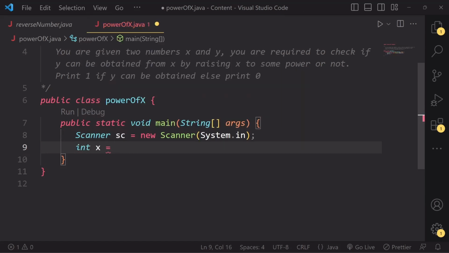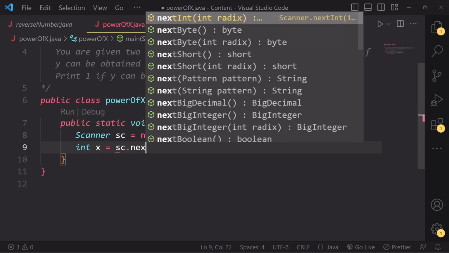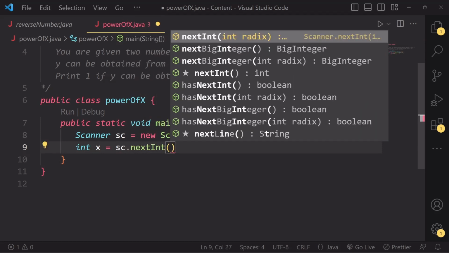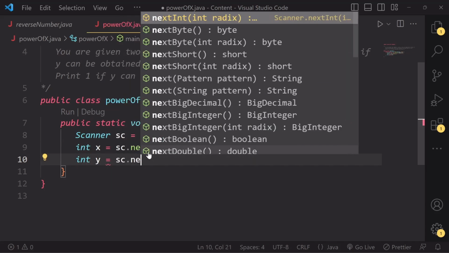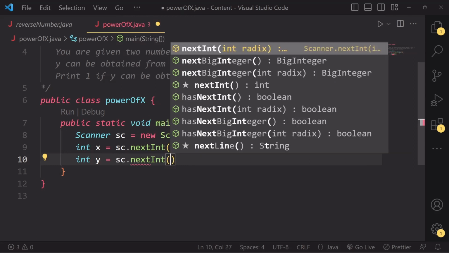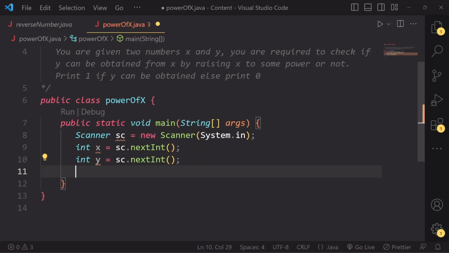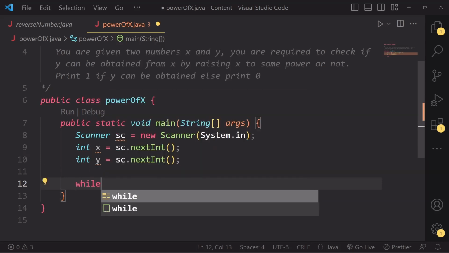Let me take variables, input dot nextInt, for x and y. Okay, now as I said earlier, we have to do it in a loop. Okay, so while